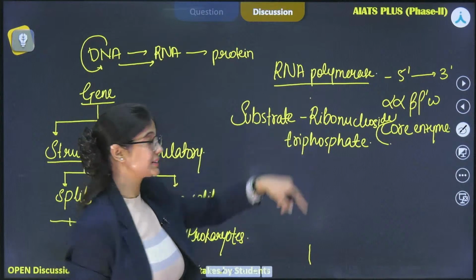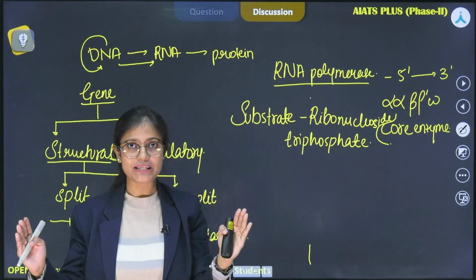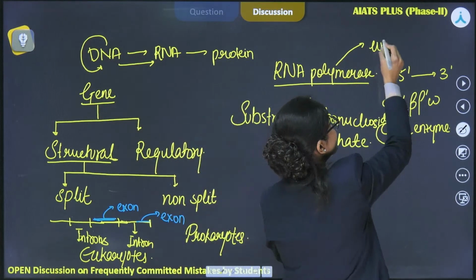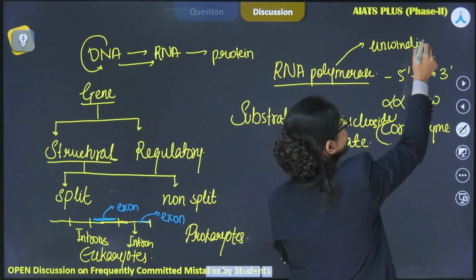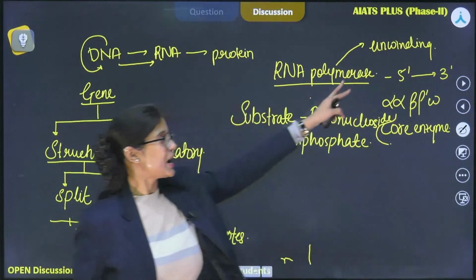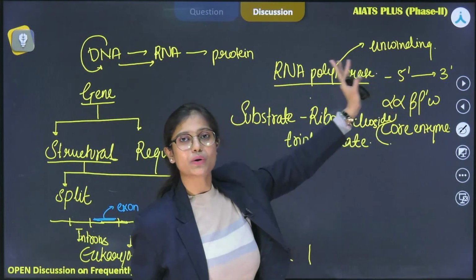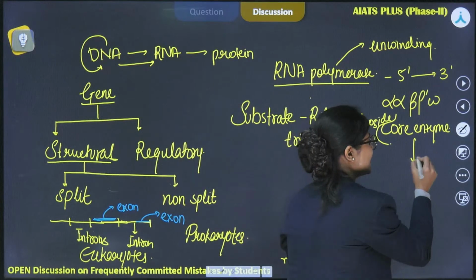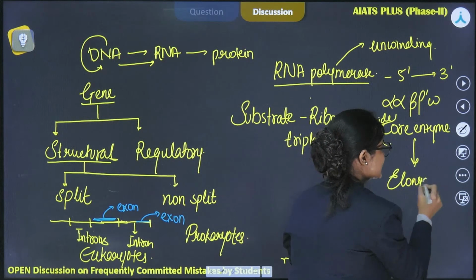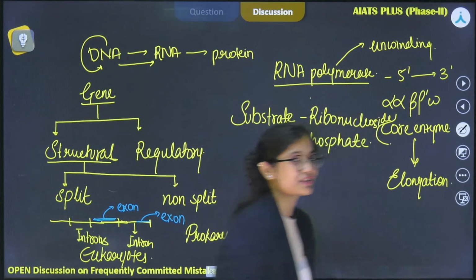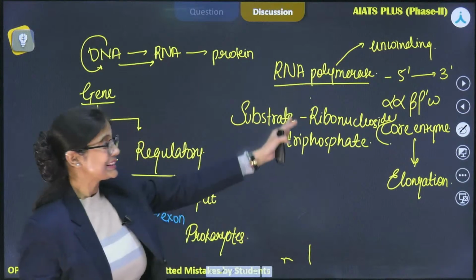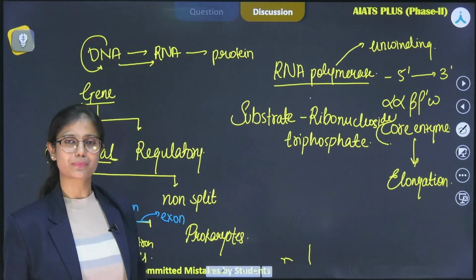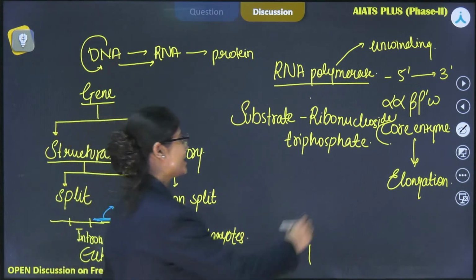If we talk about one more thing about this enzyme, here the unwinding is required, which is facilitated by this enzyme only. So RNA polymerase can do unwinding of DNA double helix for the process of transcription. So here two of its activities came up, one of polymerization, and one of unwinding. And the main activity of RNA polymerase when it is a core enzyme is elongation. It can proceed the process of elongation. Okay, along with these ingredients or requirements, other molecules, or we can say factors, are required in the process of transcription. Those factors are